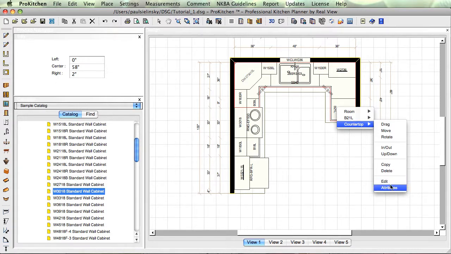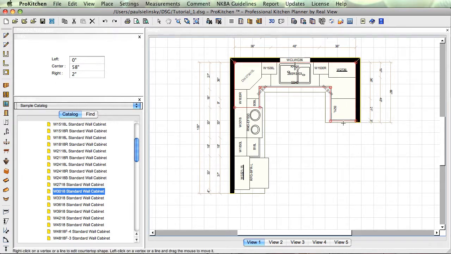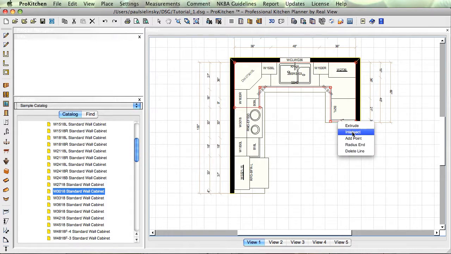We're going to go to edit. If you just click on a line and move your mouse, away you go. That's just a simple left click and a move of my mouse. Takes that line with me. If I right click on the line, I get a menu. Come up and choose any of those menu items. Same thing with a point. If I click on it, away it goes. That's just a left click with my mouse. Center it back up here where it was. And then again, if I right click,